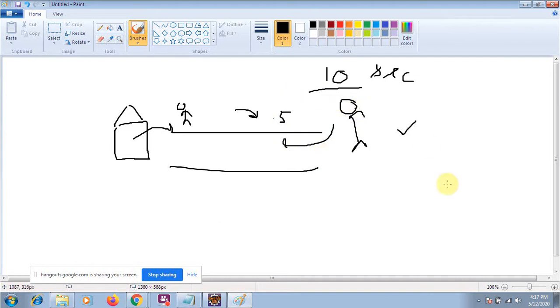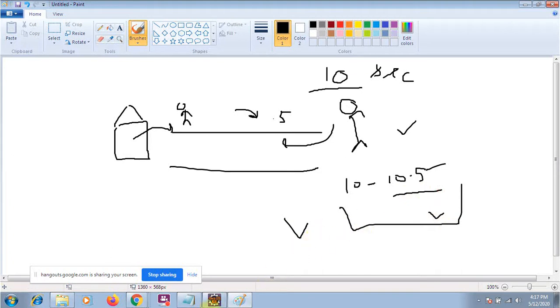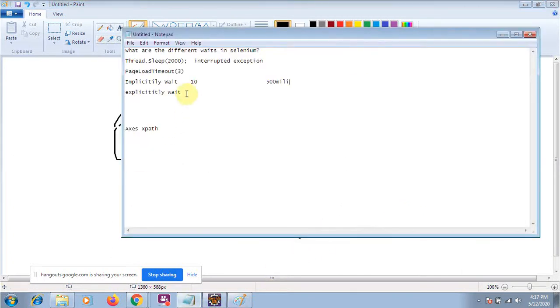So your exception will appear after 10 seconds to 10.5 seconds. But it is a very frequent process, every 0.5 second, so sometimes it seems like 10 seconds, sometimes like 10.5 seconds. In general, you will see the exception after 10.5 seconds. It's applicable for both cases, whether it is implicit wait or explicit wait.